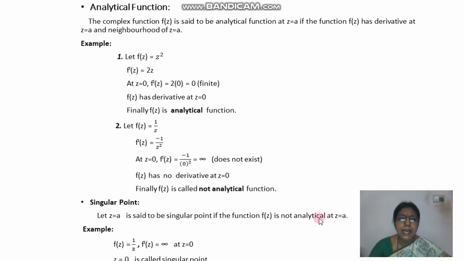It means at singular points the function is not analytic. You understand, the function need not be analytic at every point. Any function may be analytic at some points and not analytic at some other points. The points at which the function is not analytic, that type of